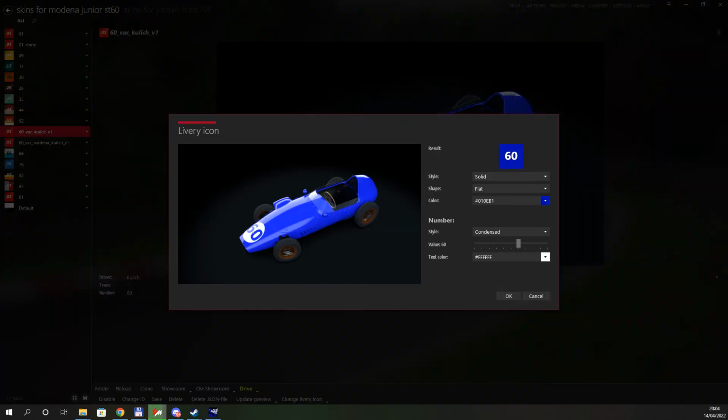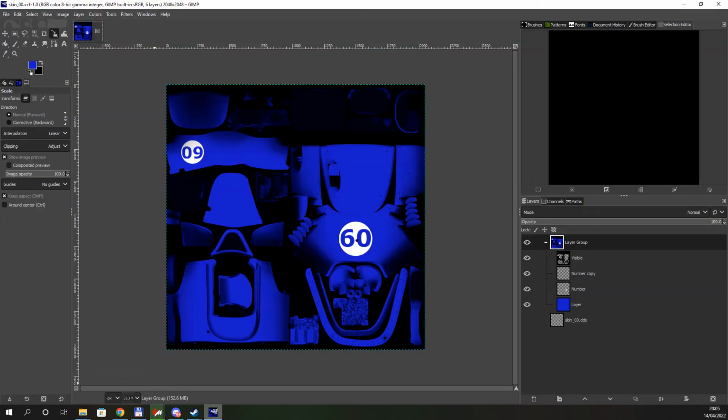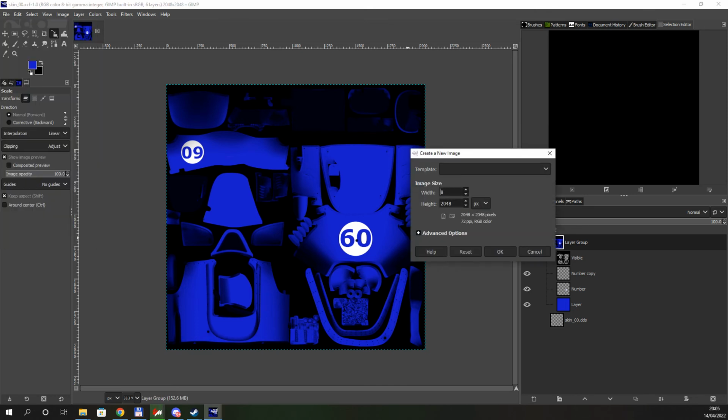It automatically can generate a livery icon with the number and color. So if you want, you can do it this way, which is perfectly fine. It's going to just change to white on blue. If you want to be a little bit more fancy, you can go back to your project, create a new file, 64 by 64,